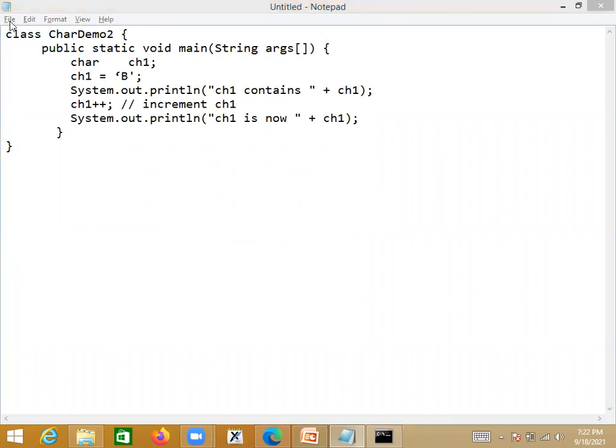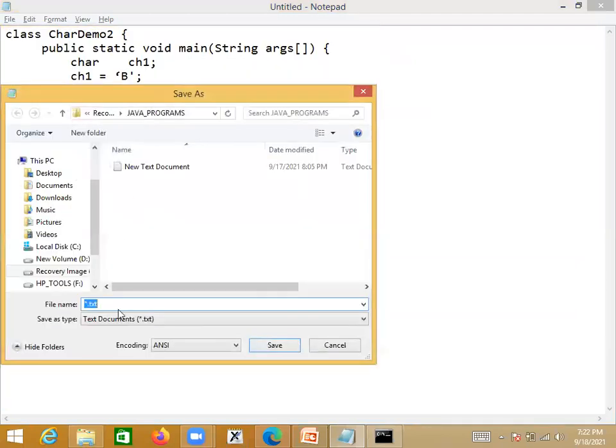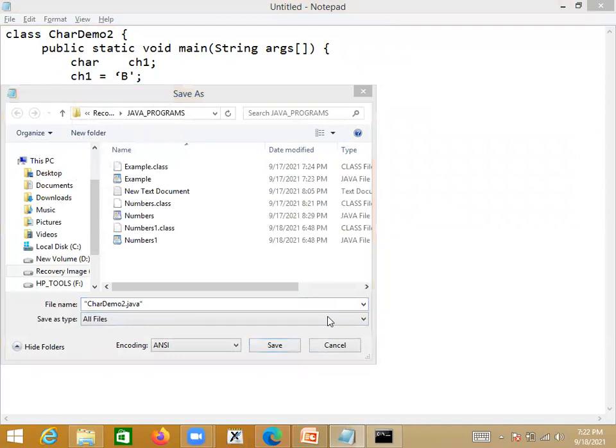I'll save this program, say save as. What is the file name? CharDemo2. So let us save this as CharDemo2.java. Make this type as all files. Just save it.